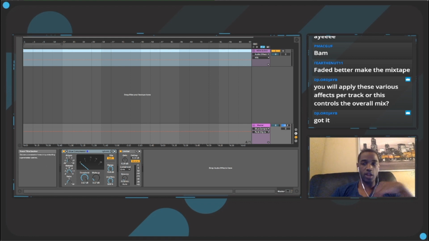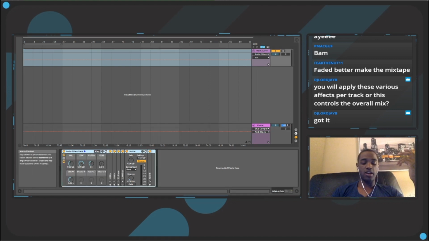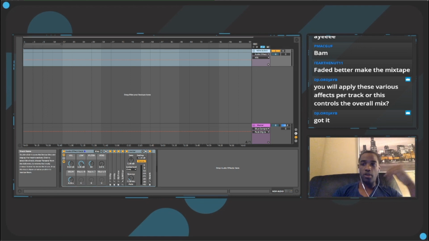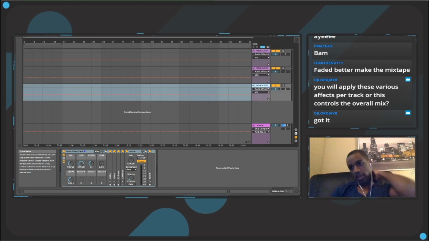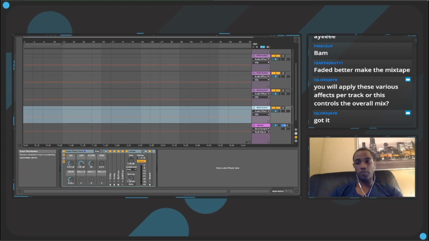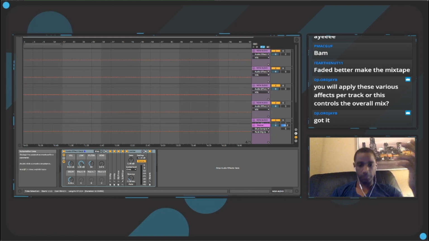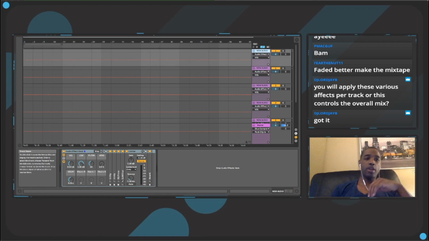Here's my effect rack. And let's say I'm making a 6-song mixtape. I'm going to duplicate this 1, 2, 3, 4, 5, 6 times. And then now I have all of my tracks here. And they all have the same thing. Now what I'm going to do next is show you how I made this audio effect rack,